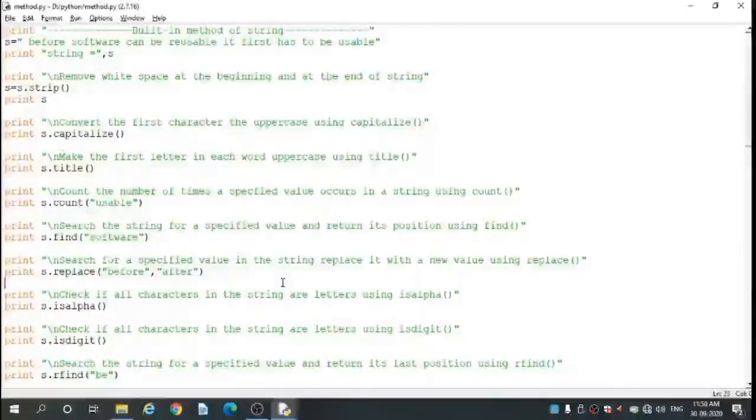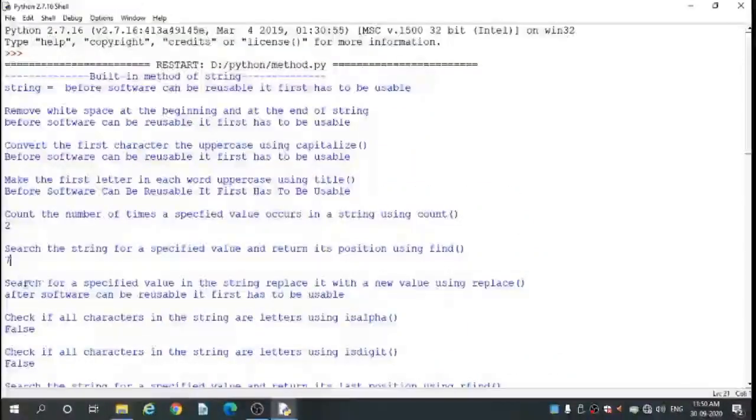So here we replace the value. Check the output: after software can be reusable, it first has to be usable. So the new value is after.